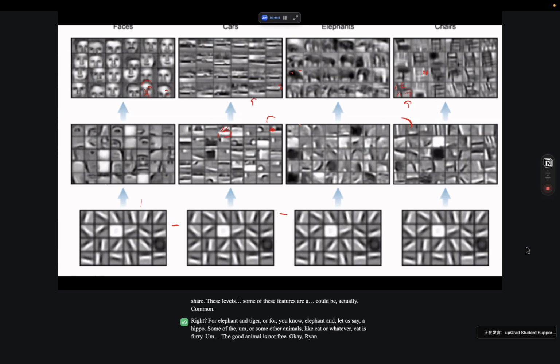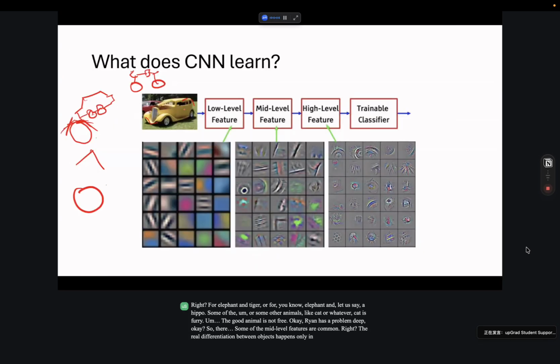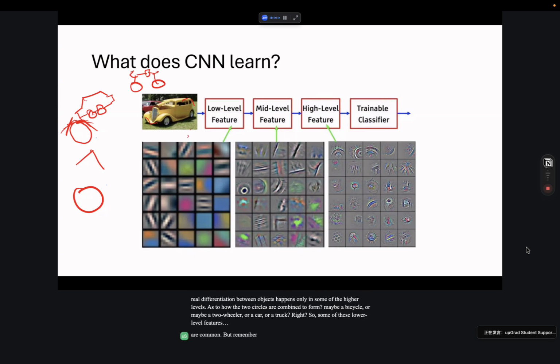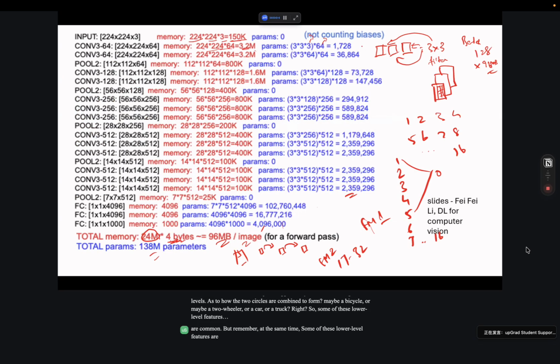Okay, rhinoceros probably. So some of the mid-level features are common, right? The real differentiation between objects happens only in some of the higher levels, as to how the two circles are combined to form maybe a bicycle or a two-wheeler or a car or a truck, right? So some of these lower level features are common, but remember at the same time, some of these lower level features are very hard to extract,